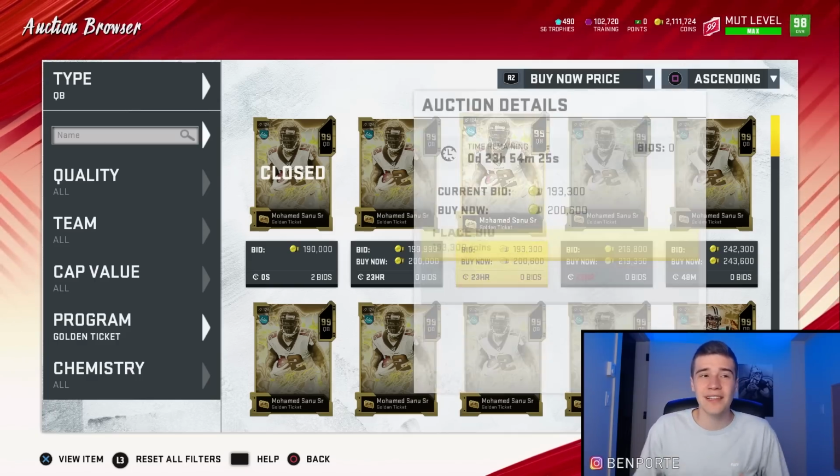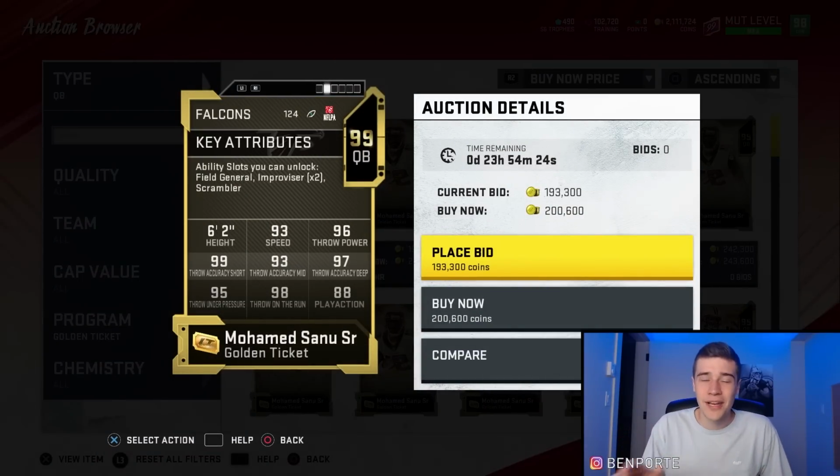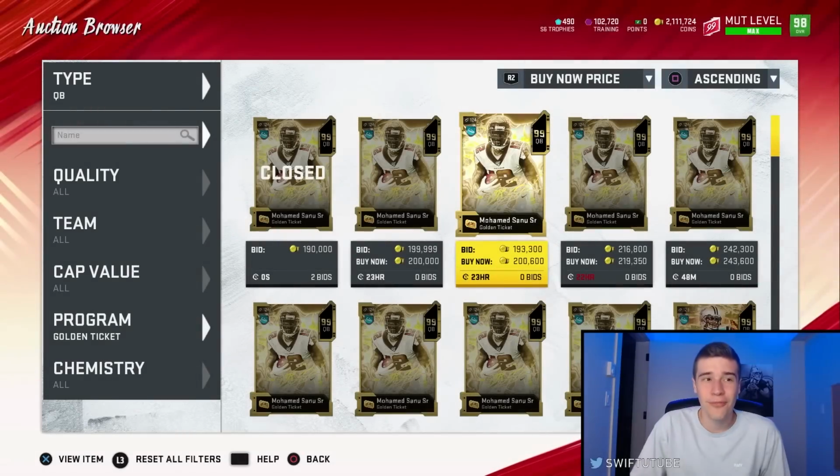So let's start it off by taking a look at the stats, but the stats aren't the main reason why I have this card as my first MVP in today's video. The stats are going to be pretty good though. He's got 93 speed, 96 throw power, some really good throw accuracy, great throw under pressure, and great throw on the run. But the reason why I've got Sanu as my first MVP of today's video is because of the